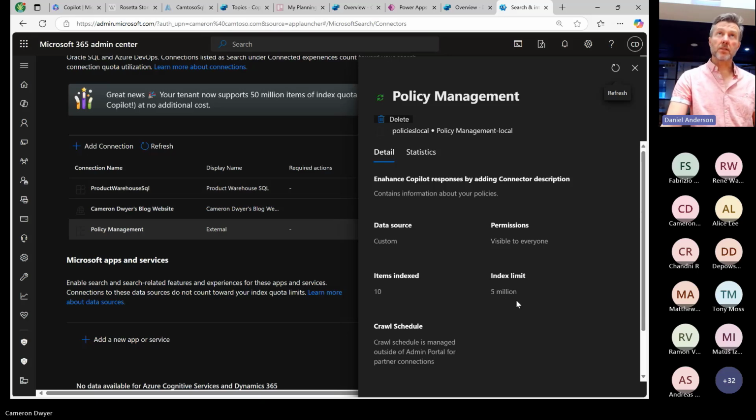And it used to be the case that your Microsoft 365 license gave you 5 million items, I think it was. It might have only been 1 million items, and then you had to pay for it in increments after that. They've now raised that to 50 million items for any tenancy. And I don't believe it matters the size of the items, it's the number of items. So here's how you can see how many you're using. Your first 50 million are free. The cost after that, I can't recall off the top of my head.